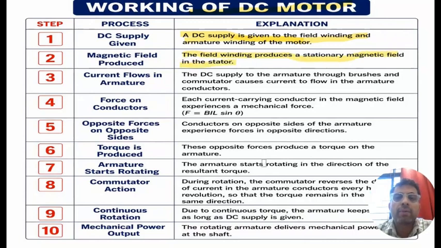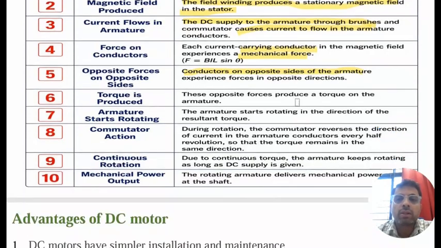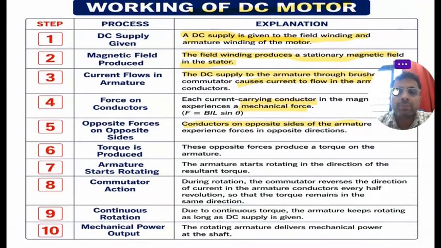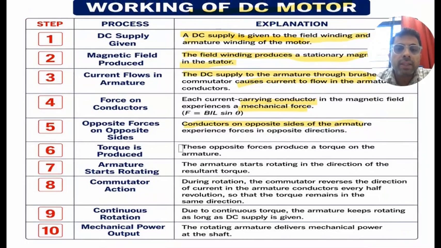The same thing I have explained in the AC motor video. Third, the DC supply to the armature through brushes and commutator causes a current to flow in the armature conductors. Each current carrying conductor in the magnetic field experiences a mechanical force. Conductors on opposite sides of the armature experience forces in opposite directions. These opposite forces produce a torque on the armature, and the armature starts rotating in the direction of the resultant